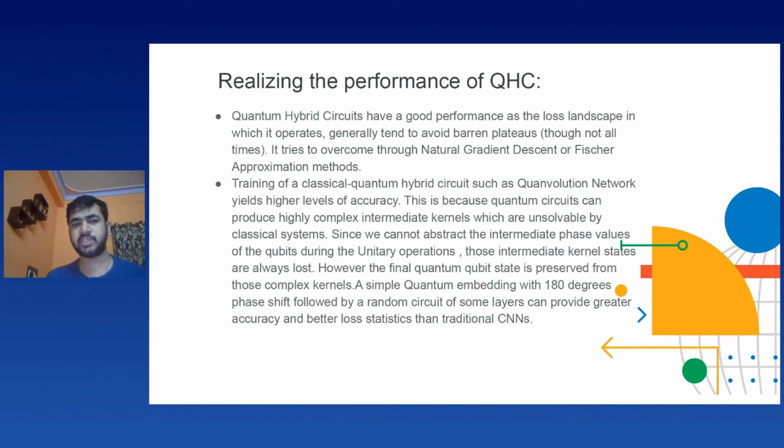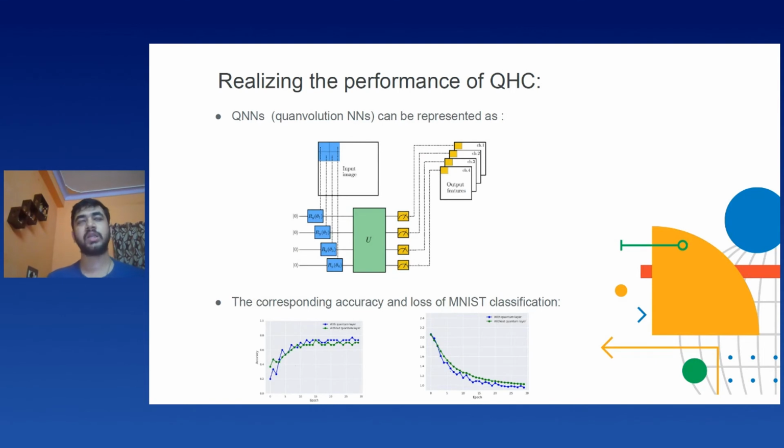Fisher approximation is quite popular when it comes to avoiding barren plateaus. So in the next case, we'll be seeing how to build a convolution network. Let's say we want to build a convolution circuit for MNIST digit classification. Instead of having a quantum-classical hybrid structure, we will be using a pure classical circuit. That means we only have convolution and dense layers, a pure convolution circuit, but we'll be encoding the data in a different format. We will not be using the raw data.